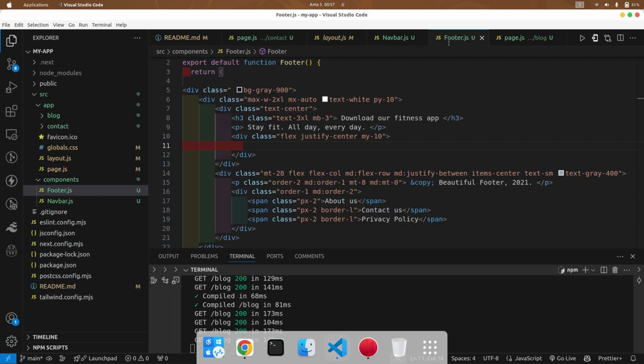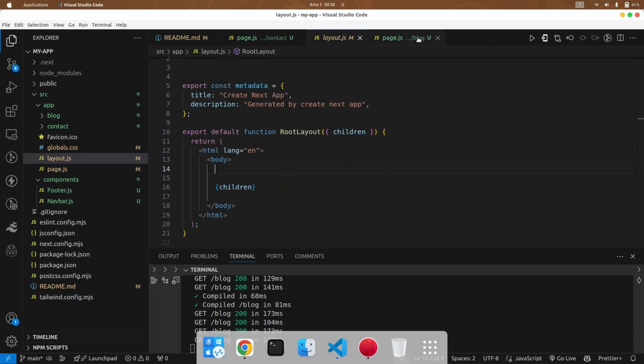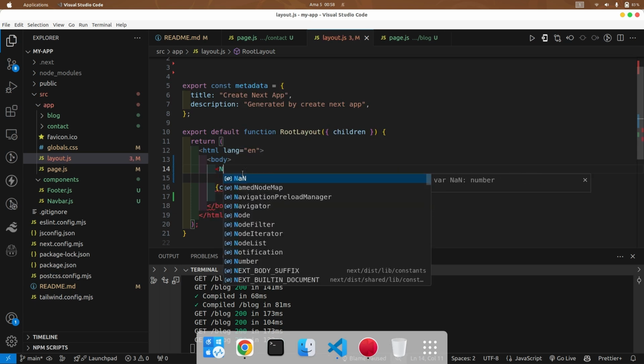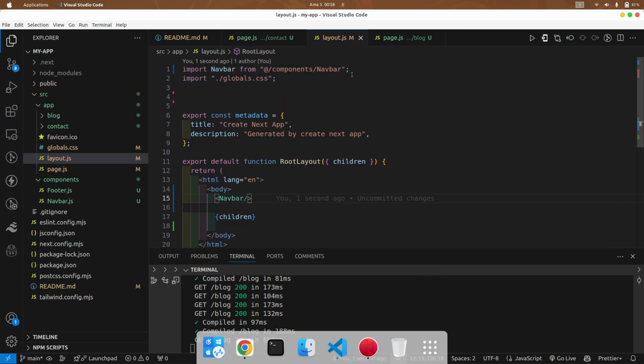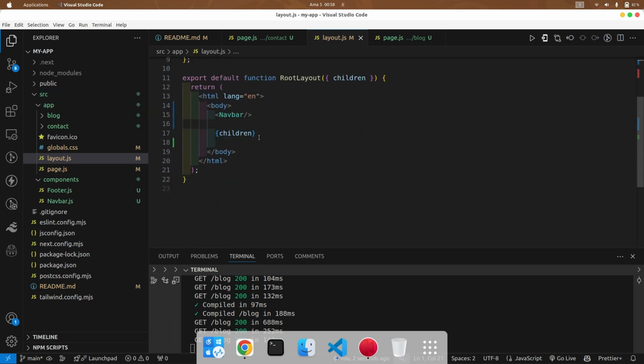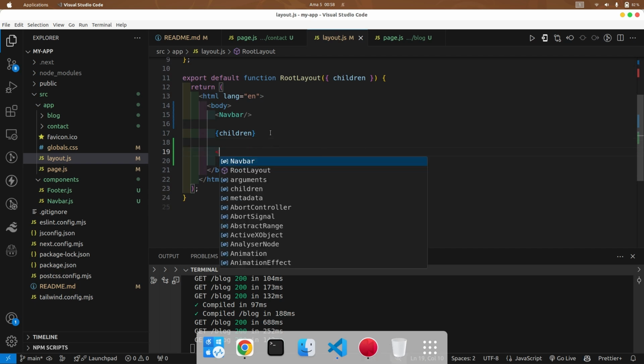So now, after doing all this, let me go back to my layout. In my layout, I will import the navbar, and then I render it. So this is how you import components in Next.js. You use @, which means all that is in the source folder, and then the components folder, and then navbar. Same thing with footer. So I'll have my navbar on top of children, which means on top of any page, and then I'll have